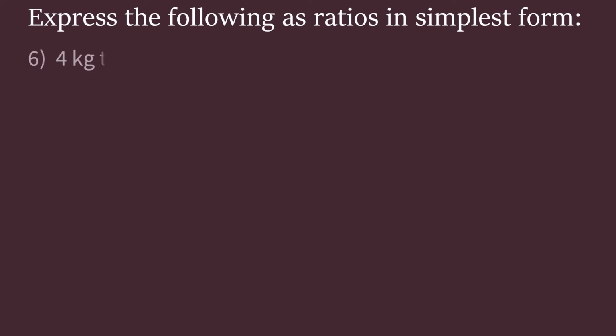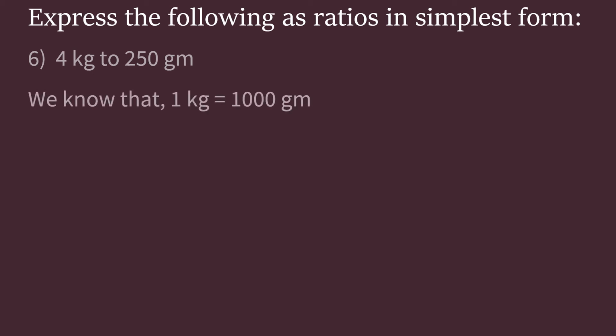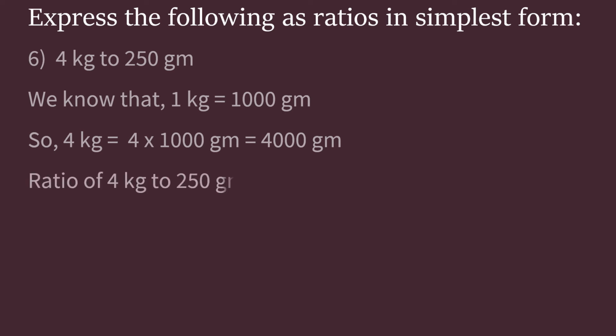Question number 6. 4 kilogram to 250 gram. See, kilogram and gram both are different units. So let's convert kilogram into gram. We know that 1 kilogram is equal to 1000 grams. So 4 kilogram is equal to 4 multiplied by 1000 gram, which is equal to 4000 grams. Ratio of 4 kilogram to 250 gram is equal to ratio of 4000 gram to 250 gram, which is equal to